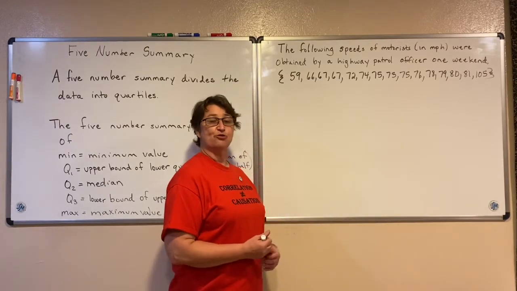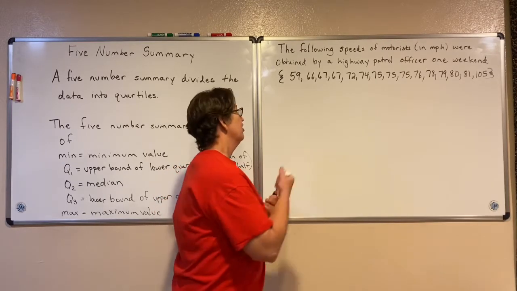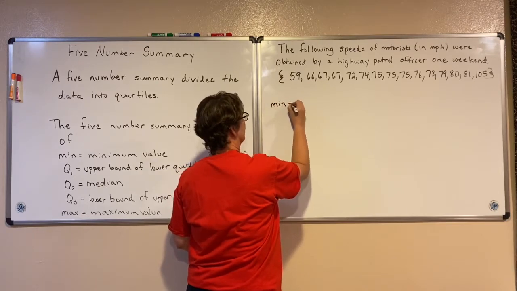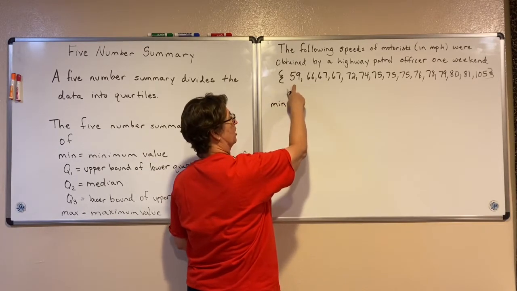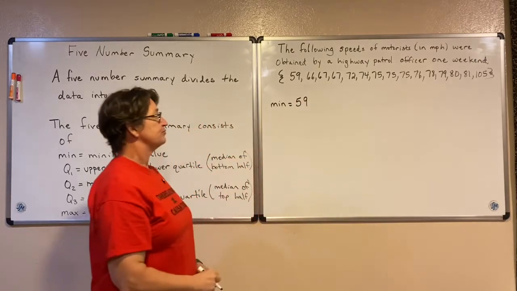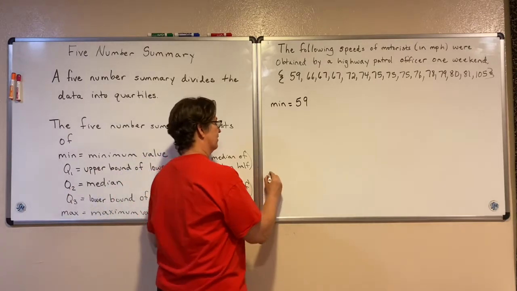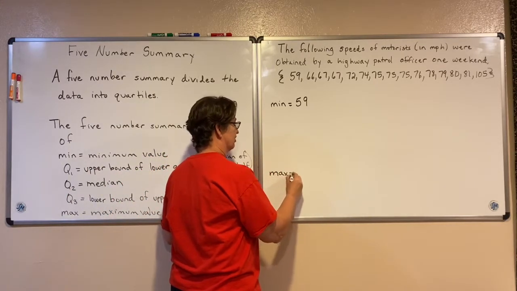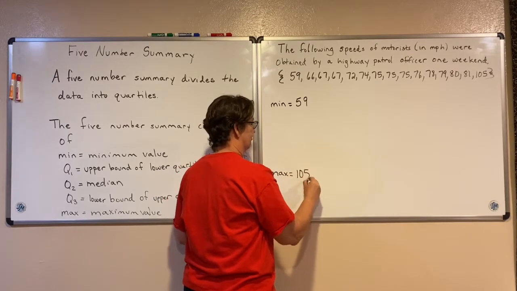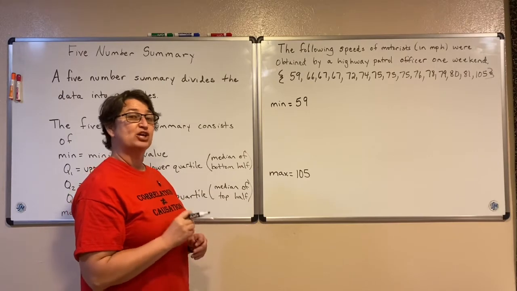So let's go through and find our 5-number summary for this data set. The first thing we're going to find is the minimum value. And that minimum is just the smallest number. So in this case, 59. Then I'm going to find my maximum value. My maximum value is just the largest number in my data set, in this case 105. Then I'm going to find next my Q2,